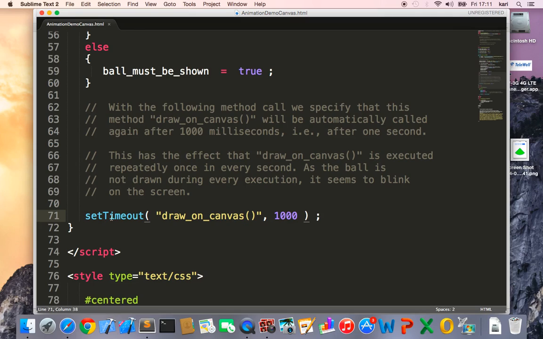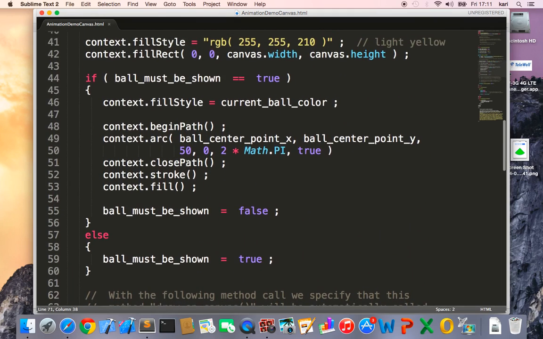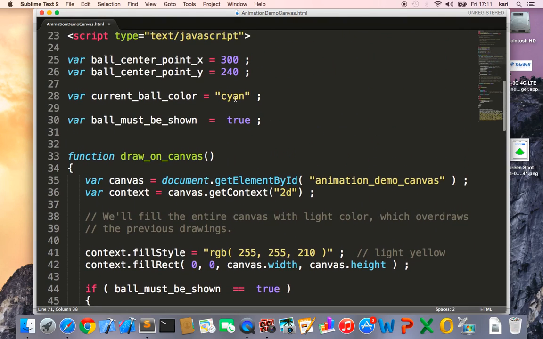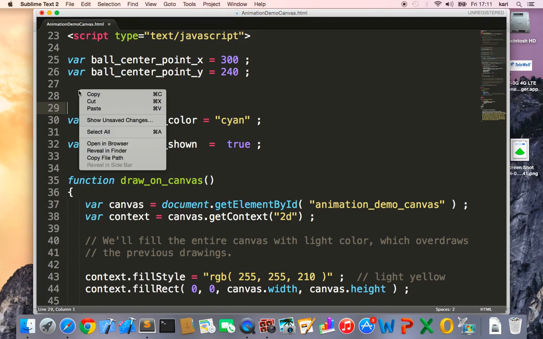And if I would like to have different colors for the ball, because there is this current ball color variable here, and it is set to cyan at the beginning, I could also do it so that if I would like to have more colors there, I might specify an array of colors. Let's try it. So if I specify an array of colors,